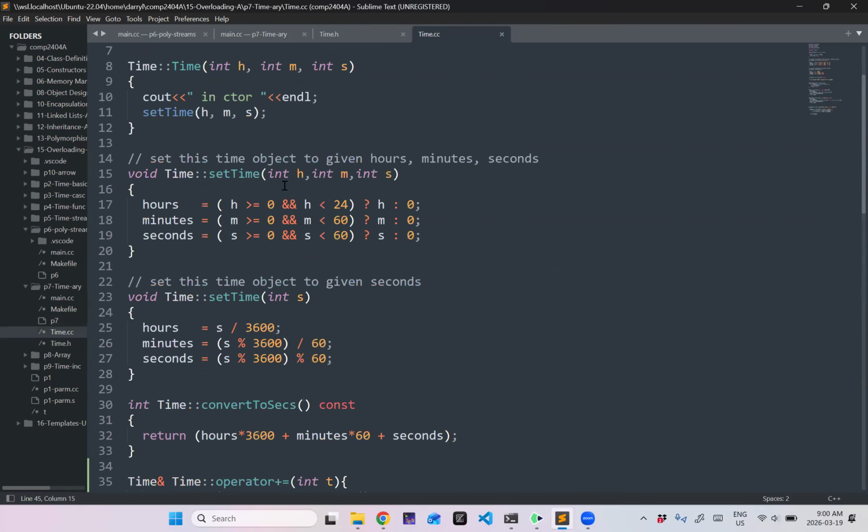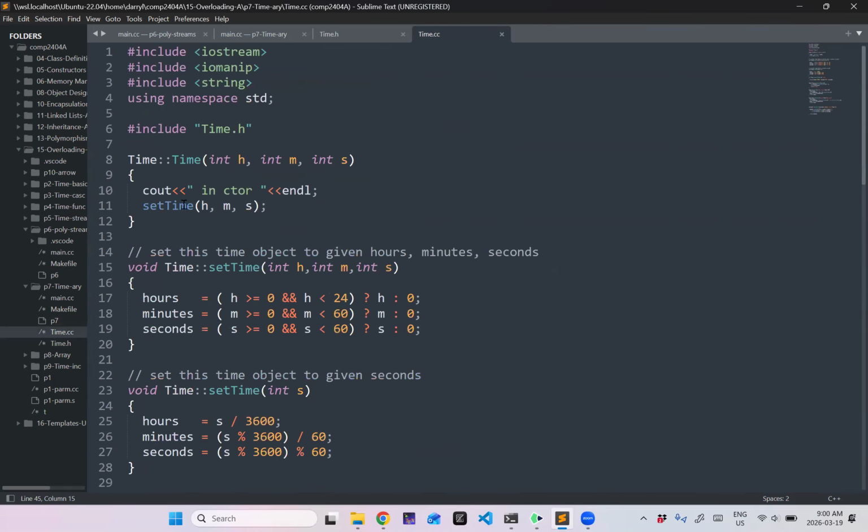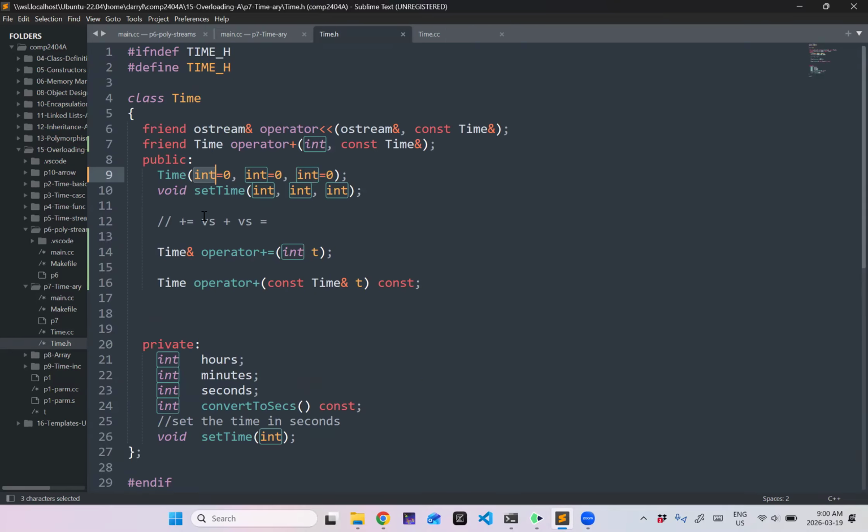And if we look at the constructor, we call set time, and hour is equal to 60, but of course 60 is out of bounds. It's not between 0 and 24, so we set it to 0. So that's what's happening here, is that we are doing an implicit conversion, right? That's why I said,